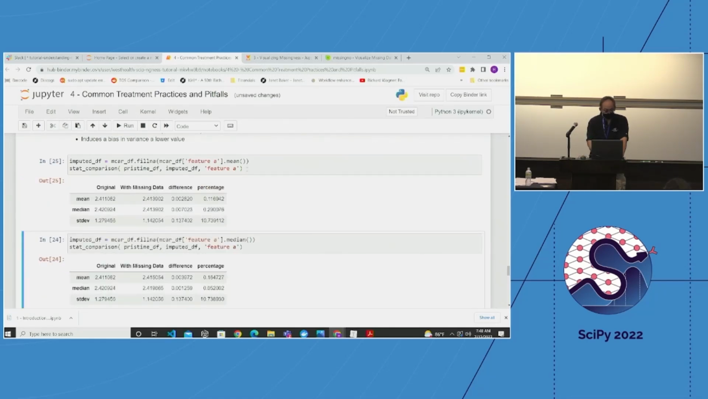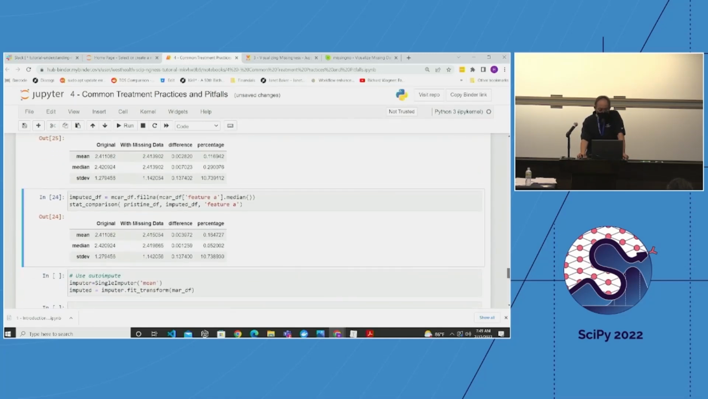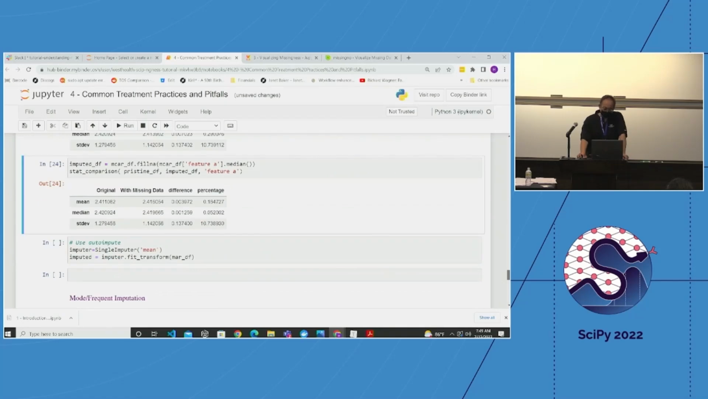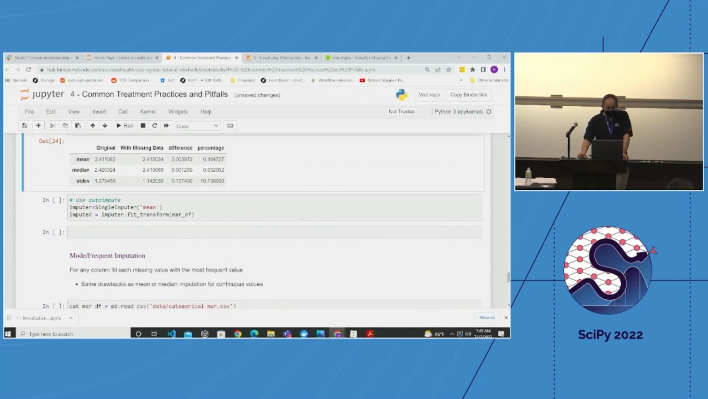Did I miss one? Oh yeah, it's actually what I was saying. Filling it in with the mean or the median compresses the standard deviation, as you can see there. So even though it preserves the mean and the median, the standard deviation itself has been affected by this technique. So even for MCAR, it still has some negative effects. Okay,